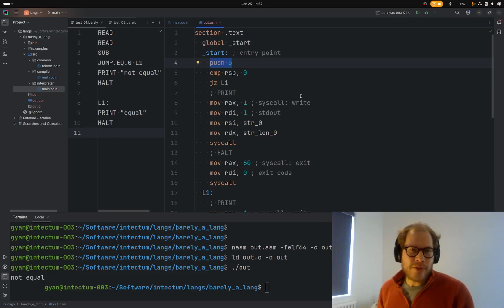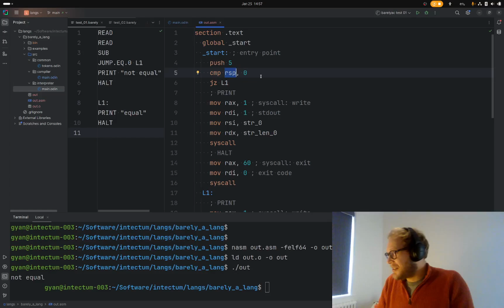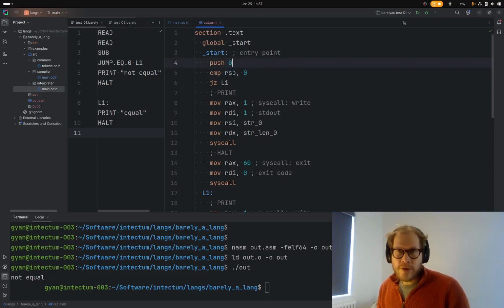I can't believe this push 5 worked. I just thought, yeah, maybe it'll work. And this works. I just thought, maybe if we take the register, I think that's the register that points to the top of the stack. Well, let's confirm. If I go push 0,